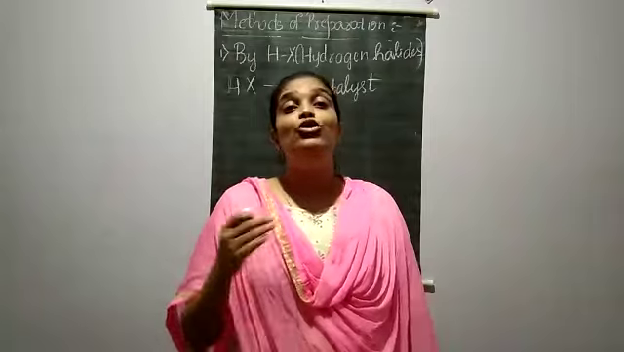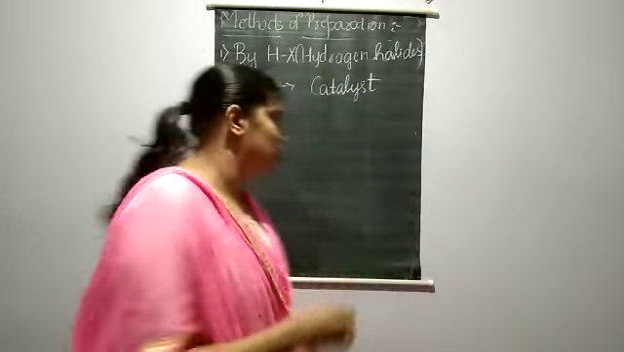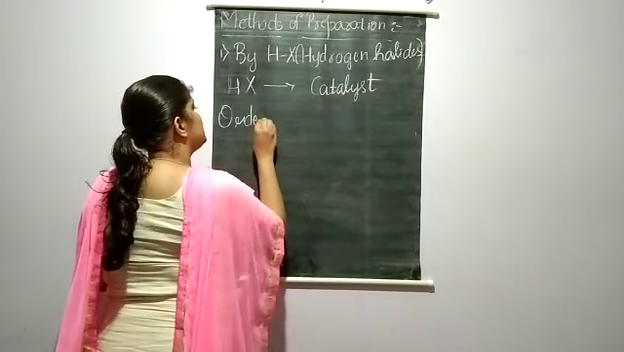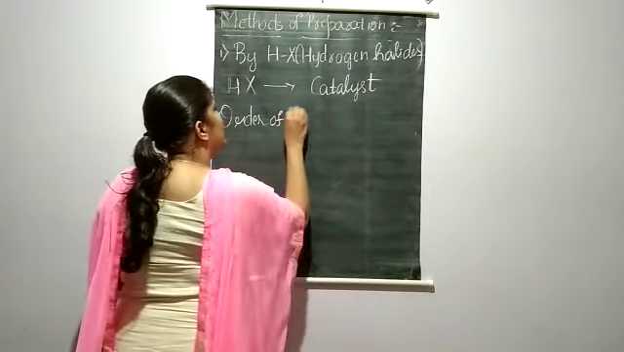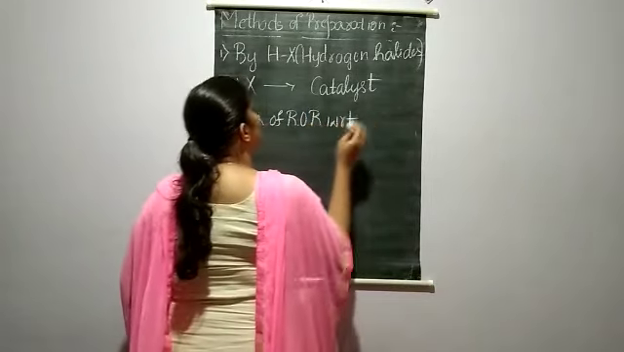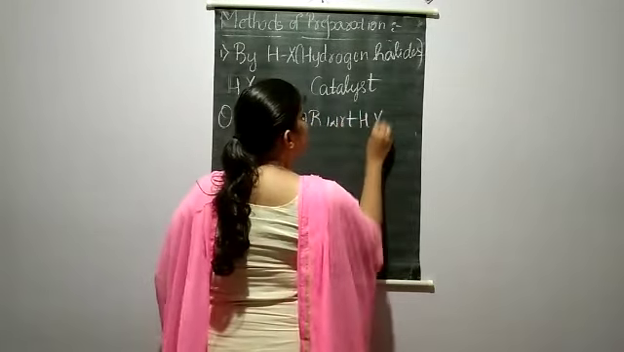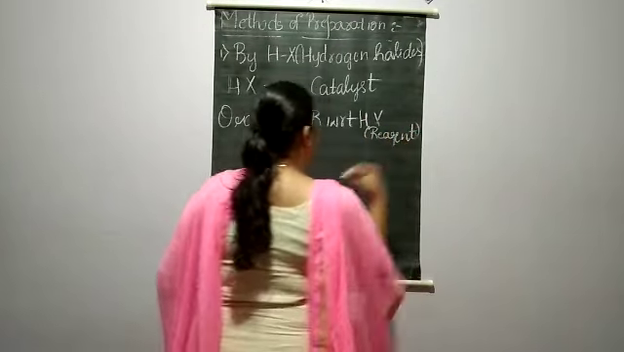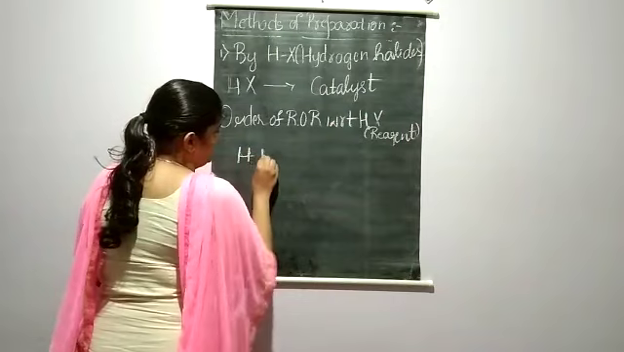Now, how do we know the order of rate of reaction? So that I'll tell you before going on with the reactions. That is order of rate of reaction with respect to this hydrogen halides, that is our reagent. What is the order of rate of reaction with respect to hydrogen halides? That is